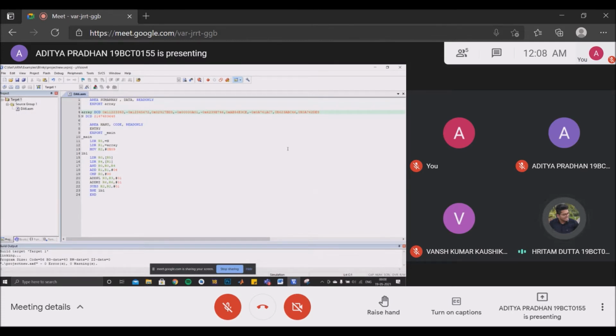In line number 11, 12, and 13, you can see how the constant value will be loaded into the R0 register and how the base address of this array element will be loaded into the R1 register. Line number 11, under the main section,